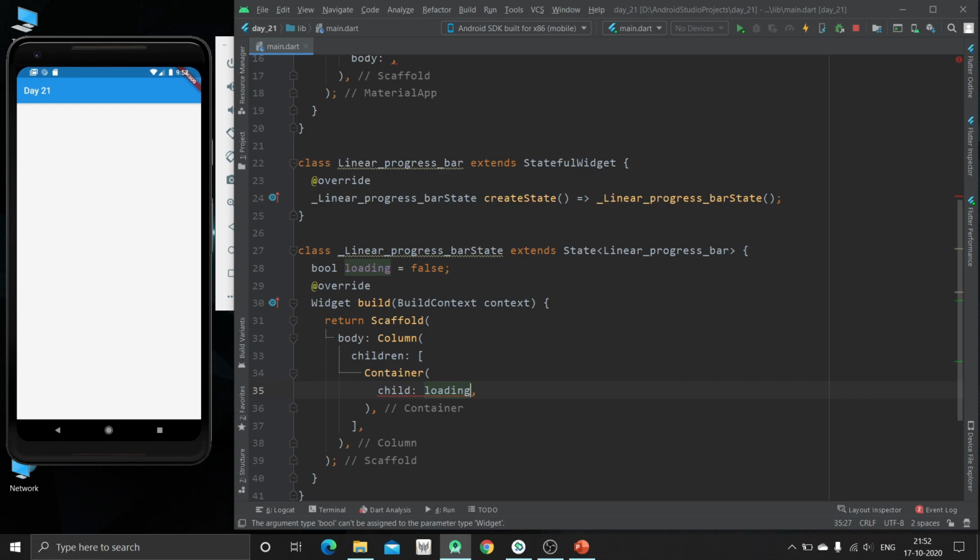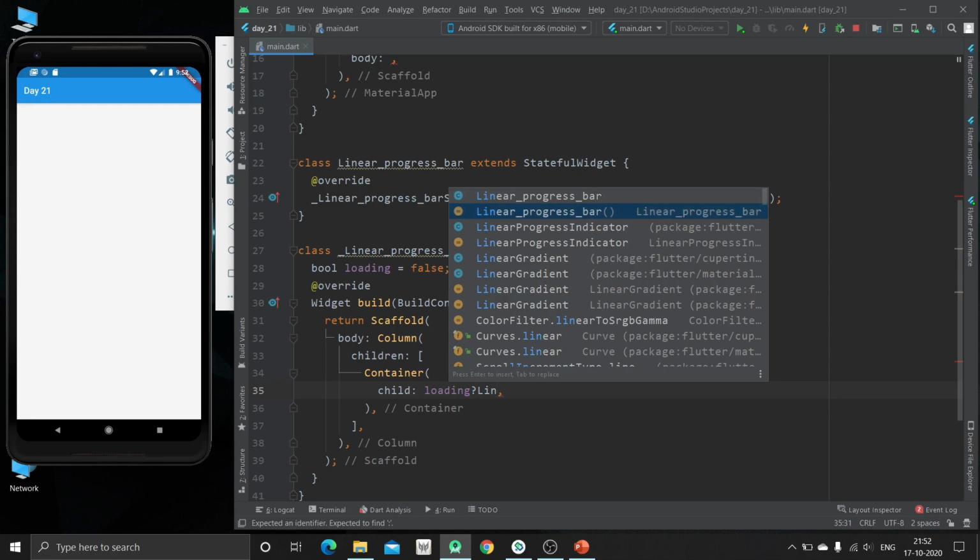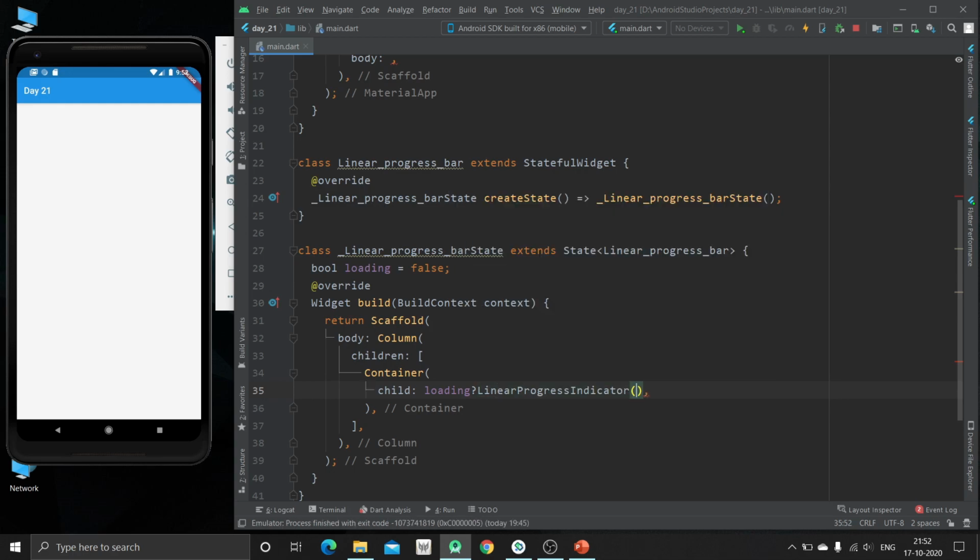So if loading is true, then we will use linear progress indicator, and if it is false, then we are just going to print one statement: please click to download or upload, anything which you want.